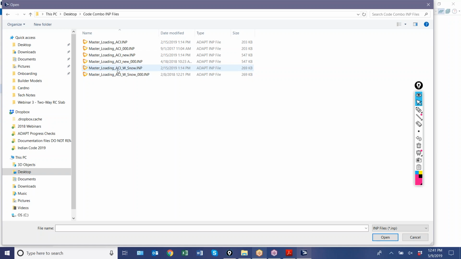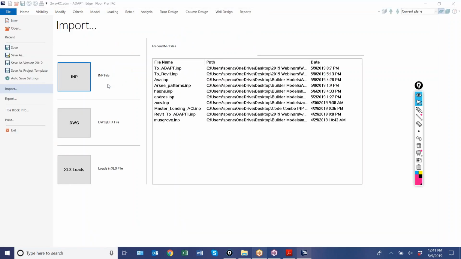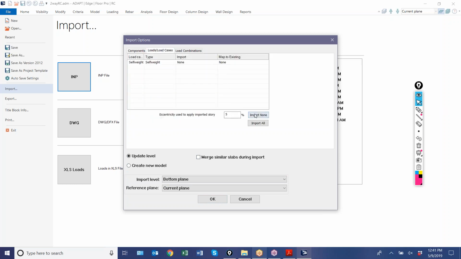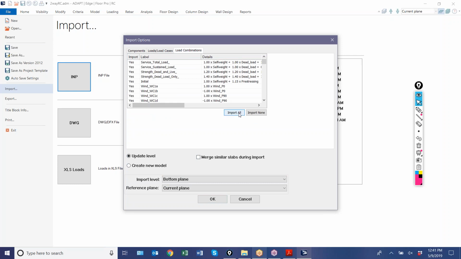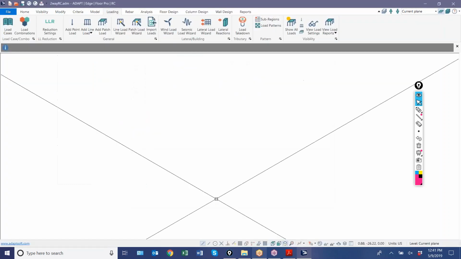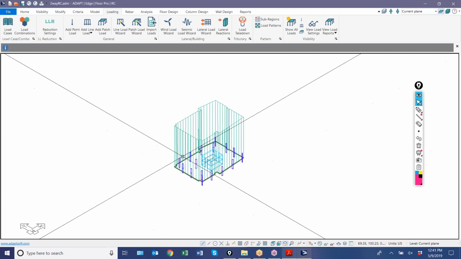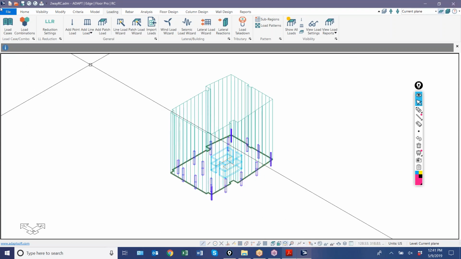So if I, for example, select this one with snow, and I'm going to update this level. I don't want to merge slabs. I don't want to import anything geometrically. All I want to do is import the combos. I'll say import all, and I'll import these combinations into my model. My model is still in place. The only thing that changes is the load combos. You can see